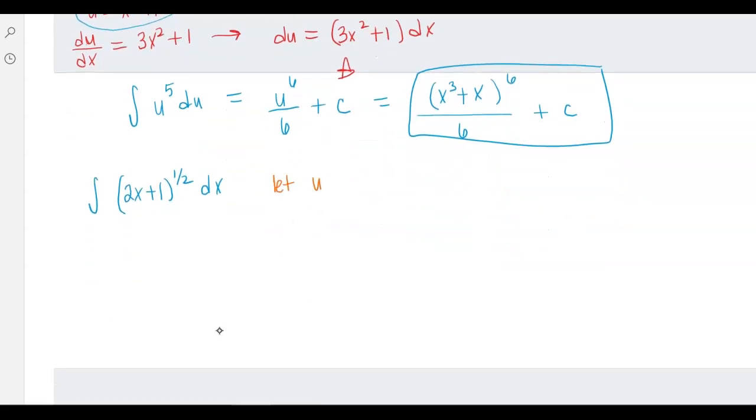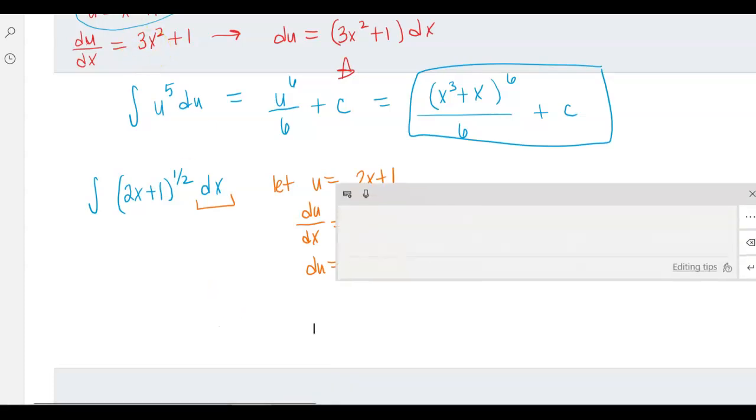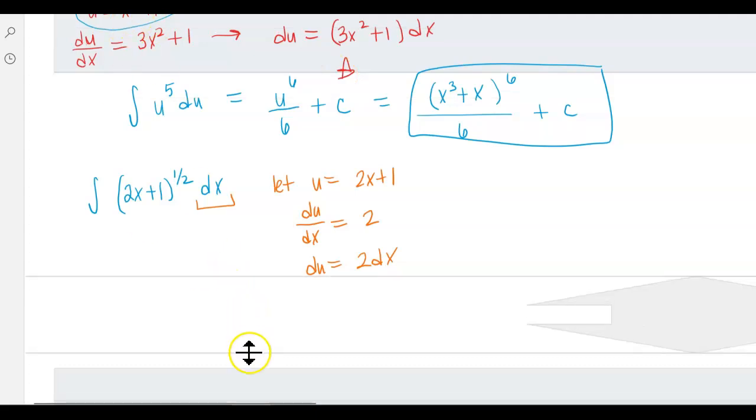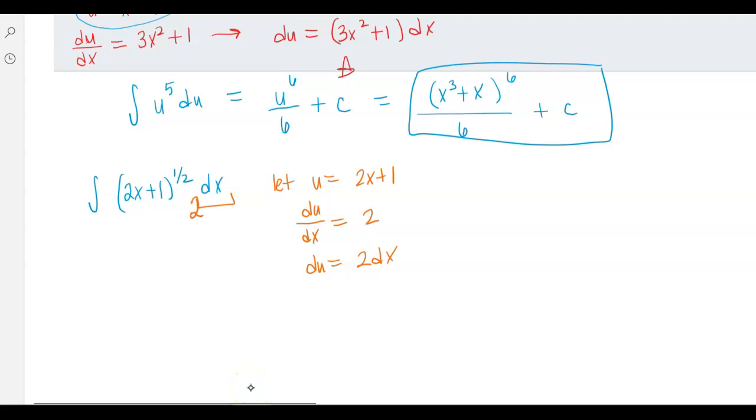Let's let u equal 2x plus 1. If I take the derivative of both sides, I get just 2. Multiplying both sides by dx, I have that du is equal to 2 times dx. Well, I've got dx sitting here, but not 2. But maybe I can use this technique where I make it look the way that I want to. What if I were to put a 2 in here and then balance it out by putting a 1/2 on the outside? Those two things would multiply out to be 1, where I wouldn't change the overall impact